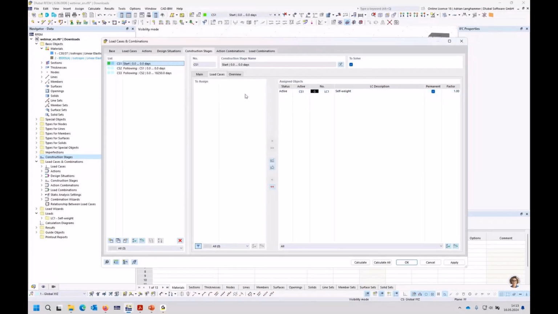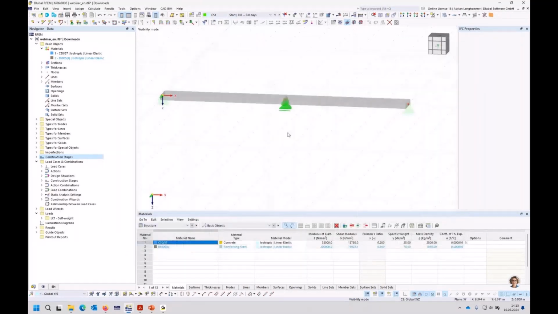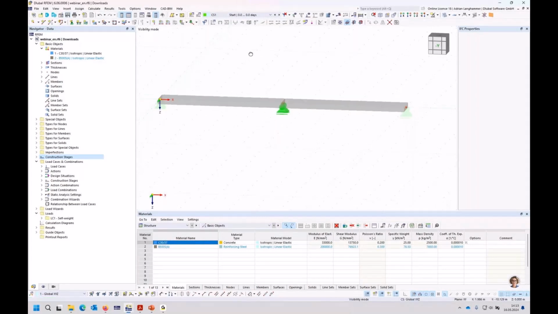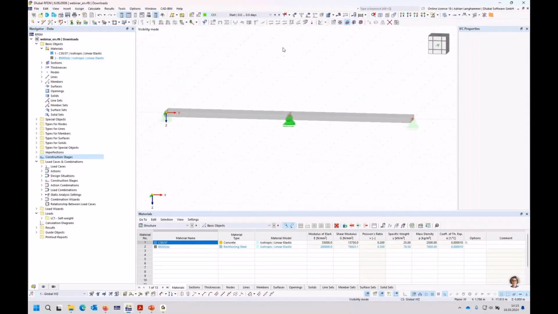Okay, so this should be enough in the beginning to calculate the structure. Maybe I will save before I calculate. I would always recommend it. And now I check here the graphic and I see